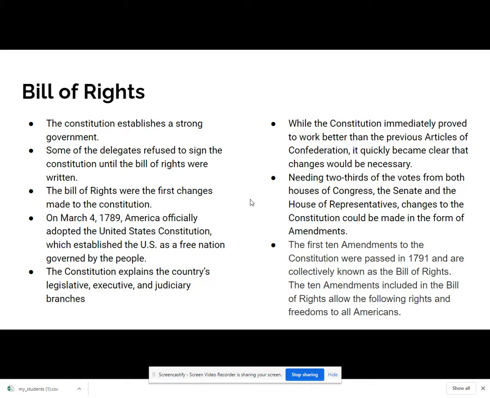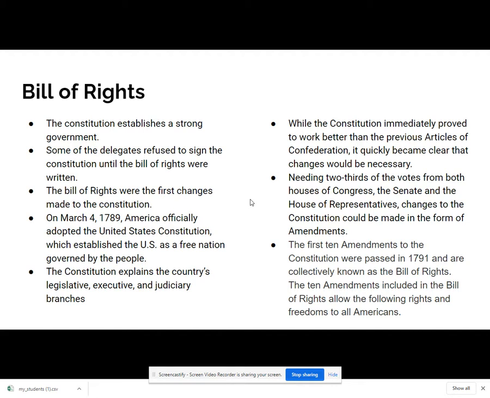On March 4th, 1789, America officially adopted the United States Constitution, which established the U.S. as a free nation, which means that the people govern. Okay, so the people have the say. The Constitution explains the country's legislative, executive, and judiciary branches. So that should be familiar since we've already talked about those different branches. So remember, legislative makes the laws, the executive enforces the laws, and the judiciary makes sure that the laws are